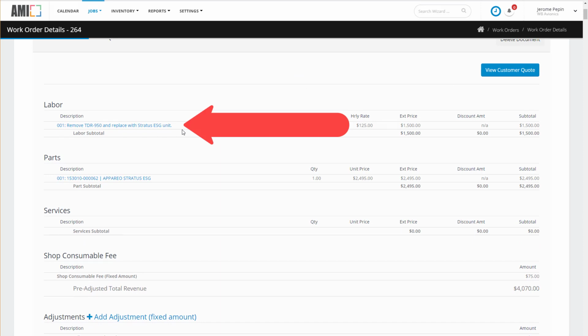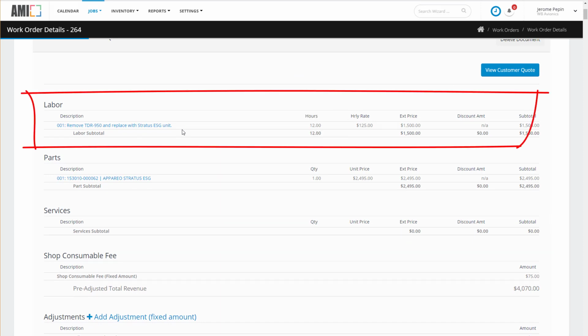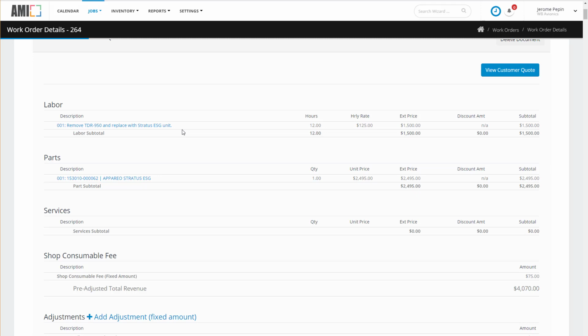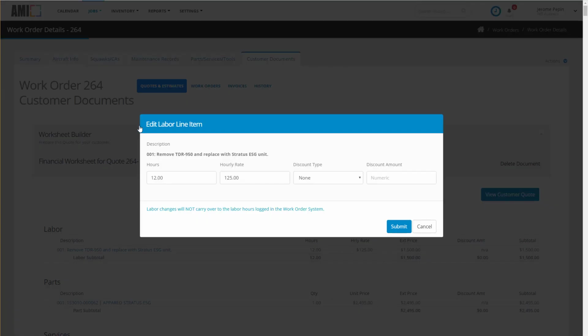So in this particular case, we have the labor for squawk number 1. And because this is a quote, which is always based on estimates, the hours are the estimated hours for this squawk. Now, this is where the fun begins. If we click on the line item, we can go into that labor line item and make adjustments. So, while we have an estimate of 12 hours for this particular squawk,